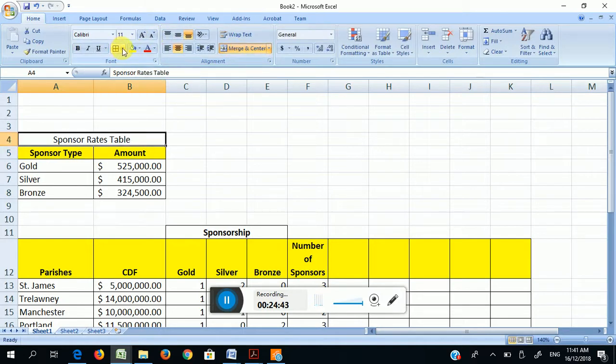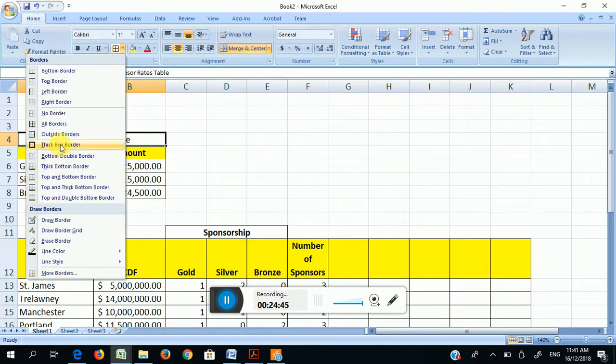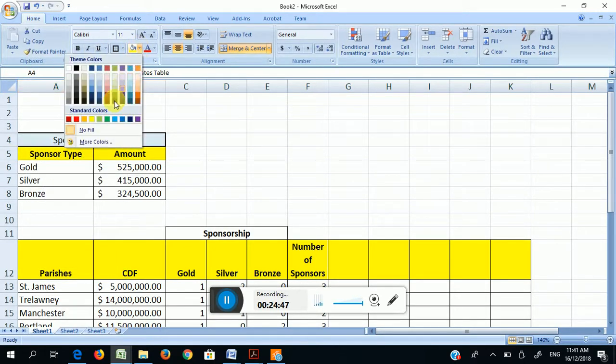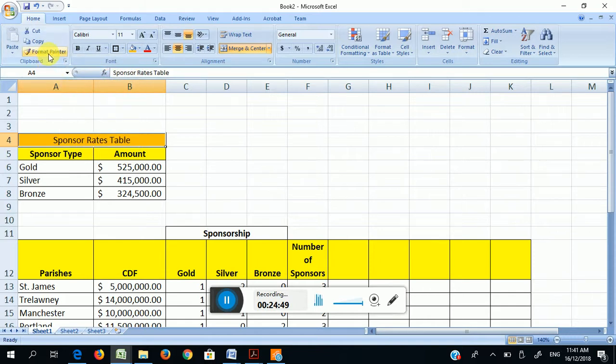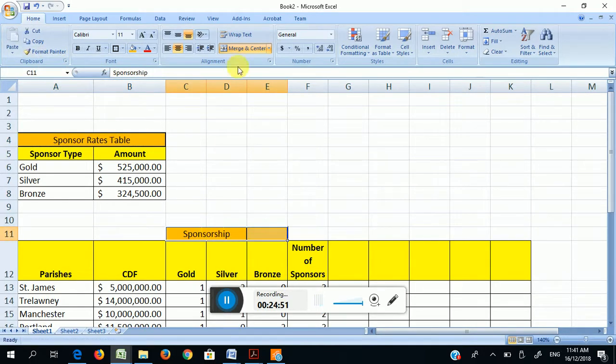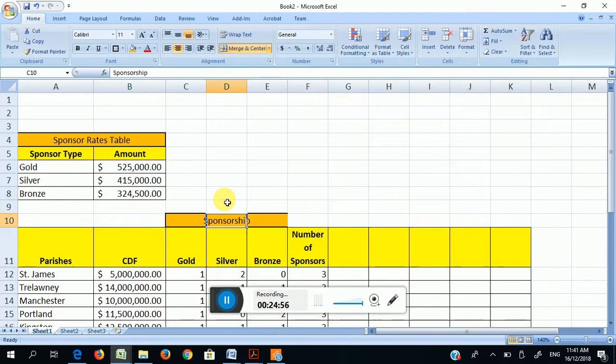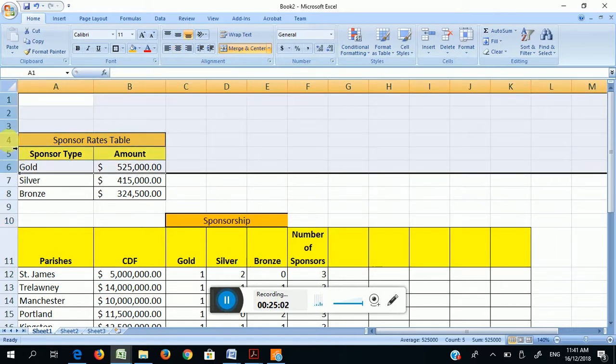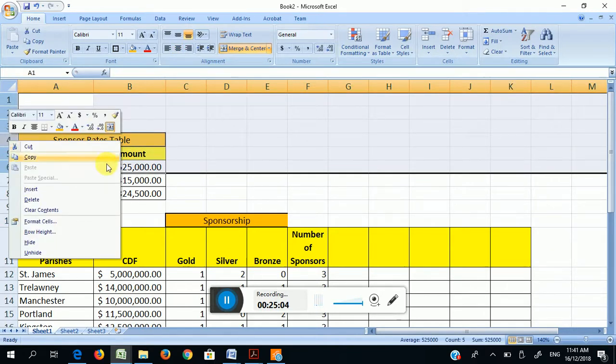Insert rows. So you select the rows that you want and then insert the rows. Put in as many rows as you want. Select on the side of the screen, highlight the rows you want to select. Right click and select insert.